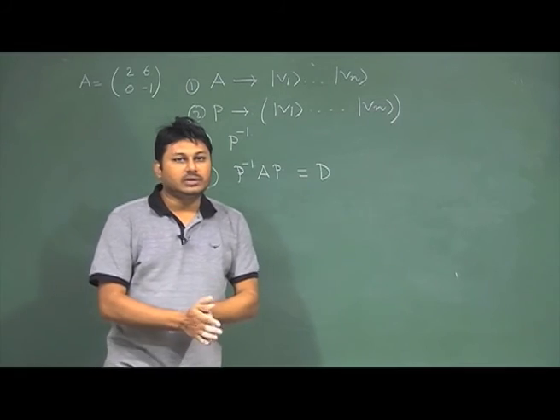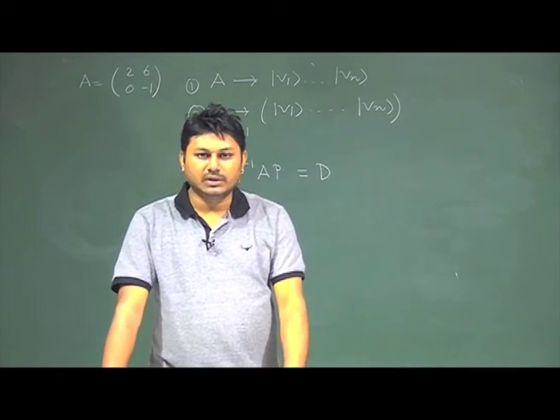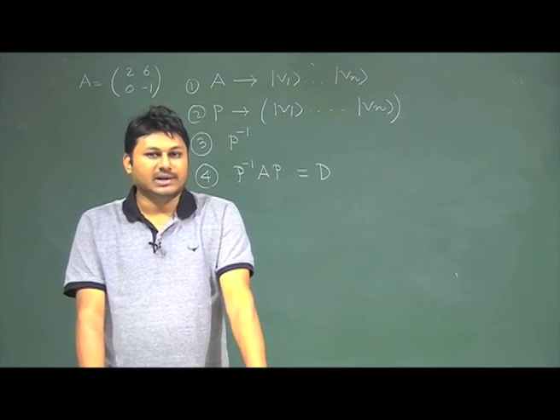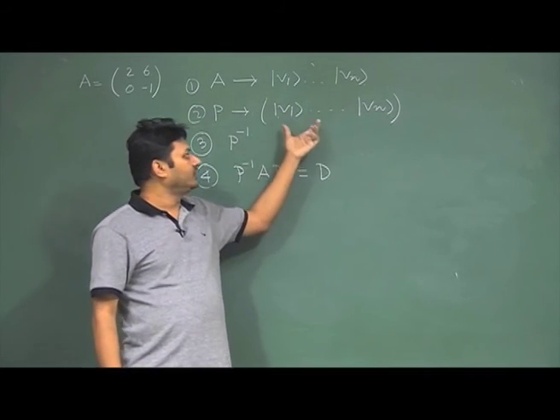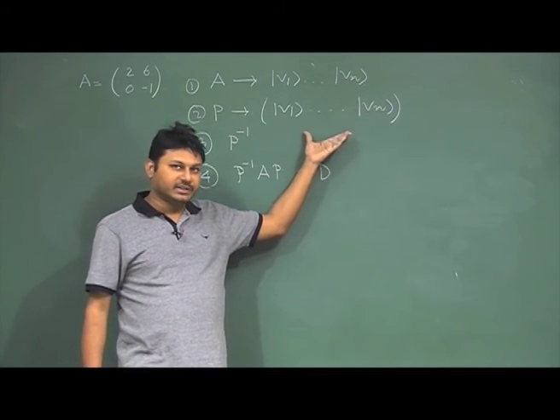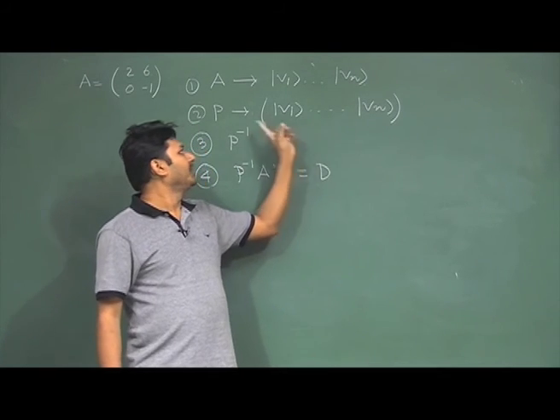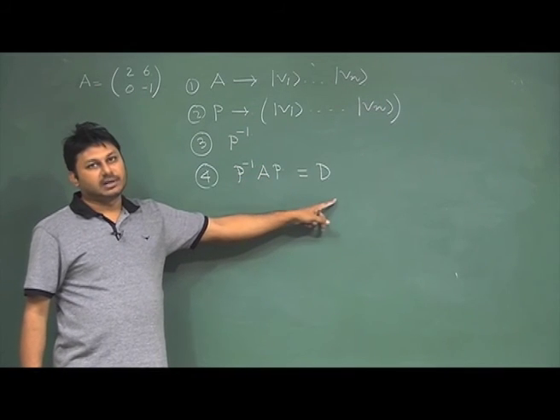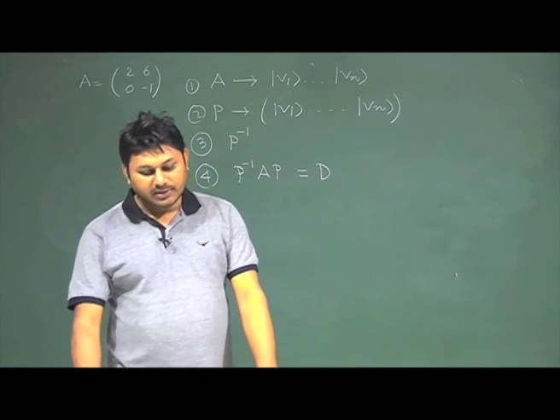So, with this note, today I would like to conclude my class here. In this class you learned a very important thing, how a matrix can be diagonalized. As I mentioned, first you need to figure out your eigenvectors, and from those eigenvectors you form a matrix called P, and with the similarity transformation of P you can diagonalize your matrix.